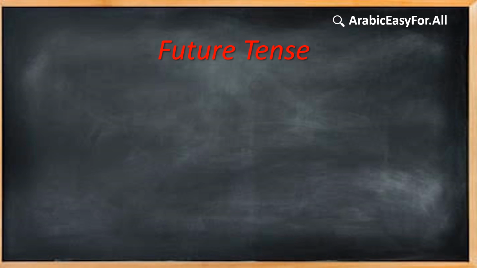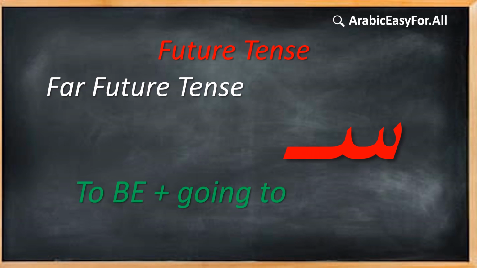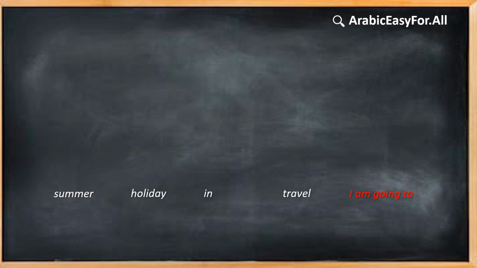2. Simple future tense which is for future or future for planifications. To express future or future for planifications in Arabic, we use sa, which is the equivalent in English to be plus going to. As in the example,